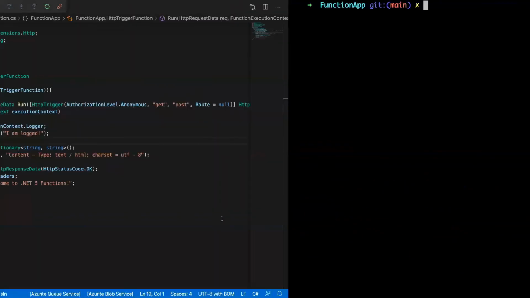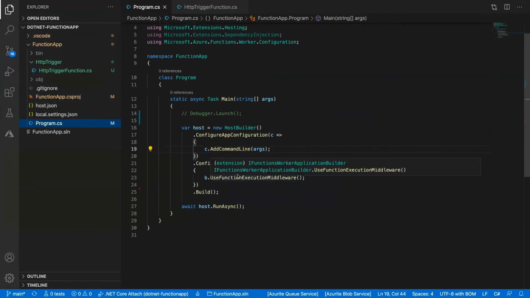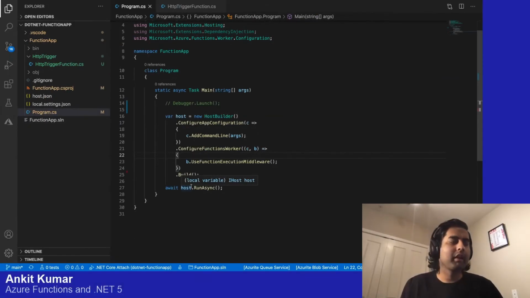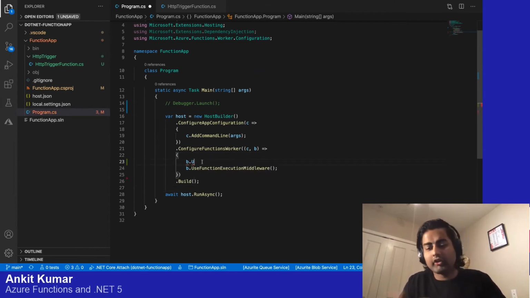All right, so now one interesting thing that we have been able to add with this model is support for sort of middleware. Very similar to what ASP.NET offers, but still different because ASP.NET is built specifically for HTTP. However, in here, we are dealing with all sorts of different bindings. So we provide a bit of a different data types, and you can directly use an ASP.NET middleware here, right? For that, we have this builder, which has this method called builder.use, and you can add to the middleware pipeline